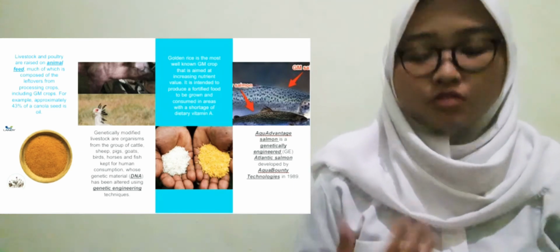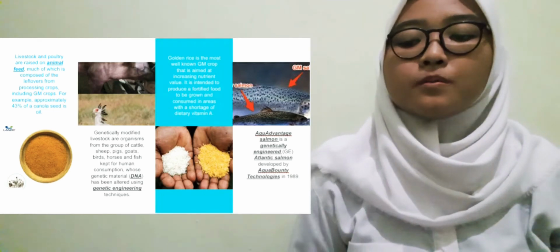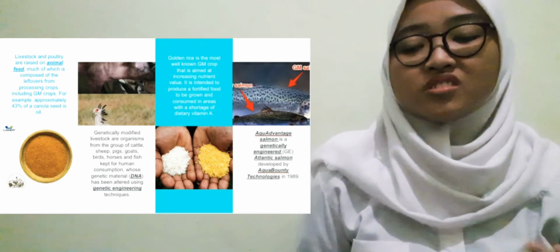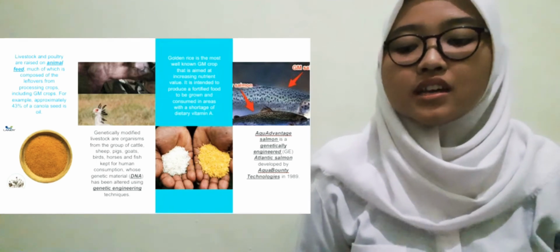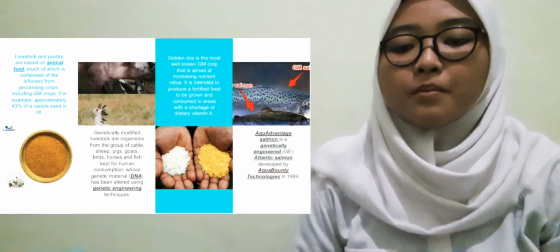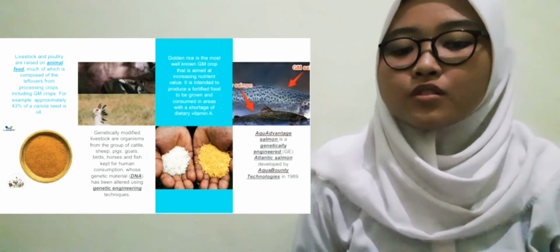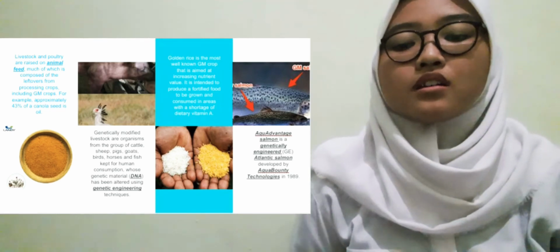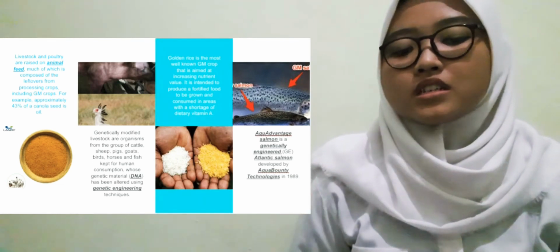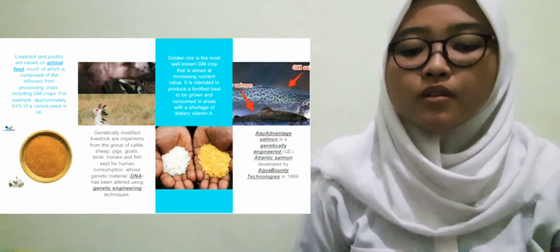Next, genetically modified livestock are organisms from the group of cattle, sheep, pigs, goats, birds, horses, and fish kept for human consumption, whose genetic material or DNA has been altered using genetic engineering techniques. Next, golden rice. Golden rice is the most well-known GM crop aimed at increasing nutritional value. It is intended to be produced for food to be grown and consumed in areas with a shortage of dietary vitamin A. And next, AquAdvantage salmon is a genetically engineered salmon developed by AquaBounty Technologies in